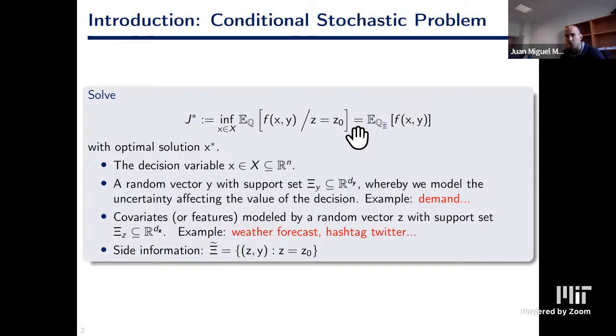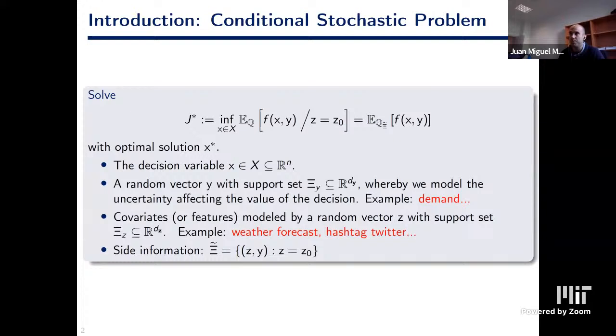And this auxiliary information is what you can see here written as Z equal to z0. We take the expectation of the cost function because we assume it is affected, or we know it is affected, by some uncertainty, which we represent with the random vector Y. The auxiliary information, the side information that we are going to call the context, is modeled by another random vector Z, which we believe may have some predictive power on the uncertainty Y, and that has taken the value